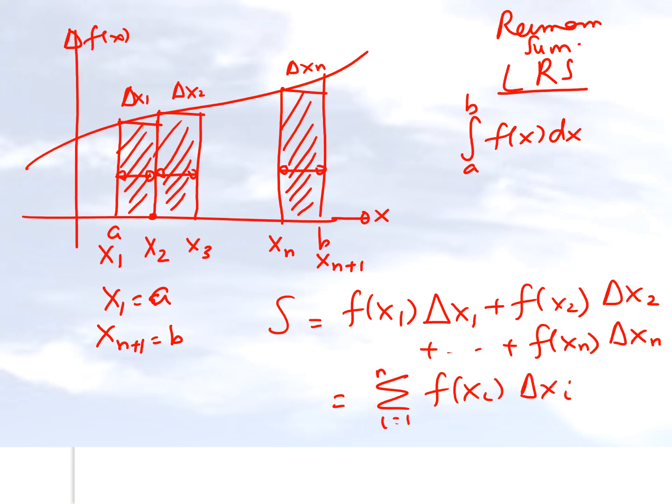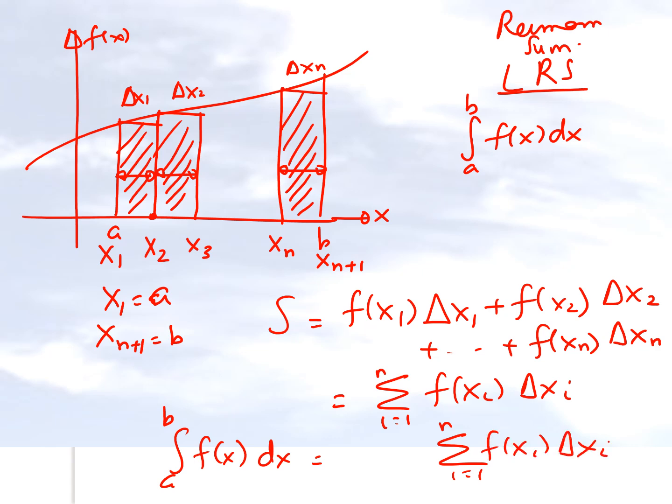So bottom line is what you're getting is the summation of f of xi times delta xi going from 1 to n. If we want to translate this into an exact value of the integral, we have to say that the integral of f of x dx will be this summation, that is the addition of all these rectangle areas, but the limit of course will be that delta xi approaches 0. So the magnitude of delta xi has to approach 0, and if we get infinite rectangles, that itself will be the exact value of the area under the curve. Let's look at an example now.